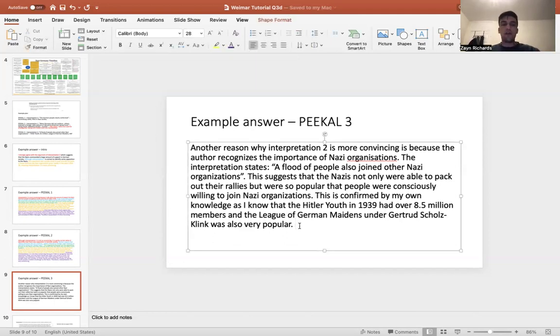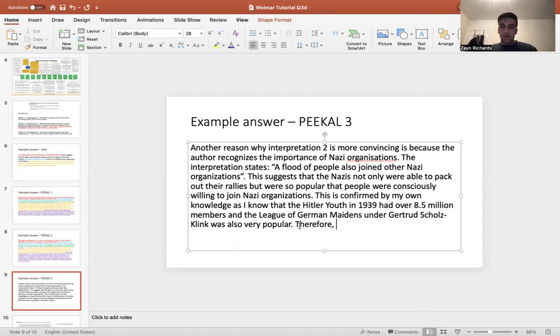My value, if you really wanted to shut my argument down, the counter argument to what I'm saying is the fact that it had become mandatory to join the Hitler Youth. All right, from 1936 onwards, it was mandatory. So that number of 8.5 million is actually a bit phony. Like it was mandatory to join. I'm not going to say that because that would destroy my argument, and I don't want to destroy my argument at this point.